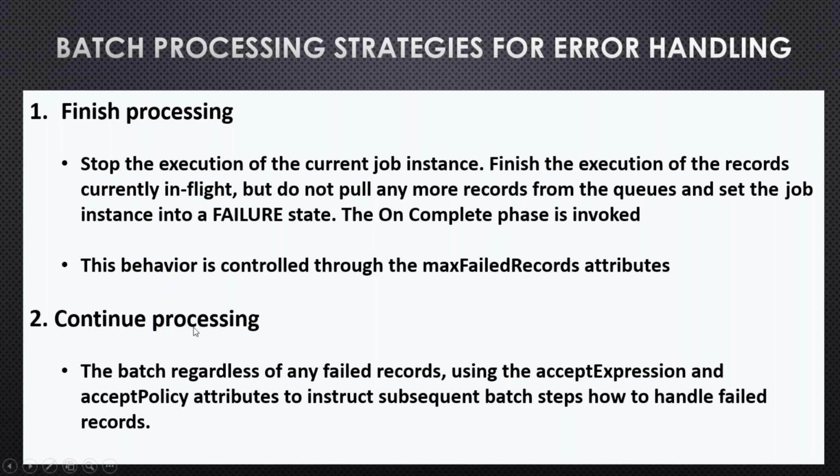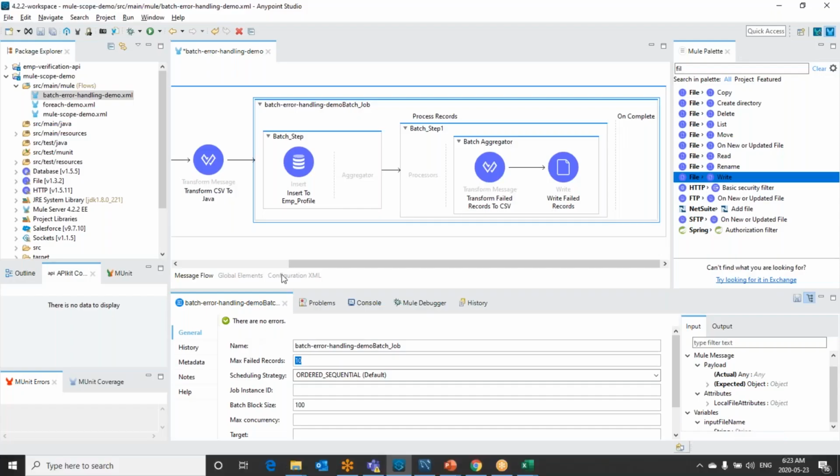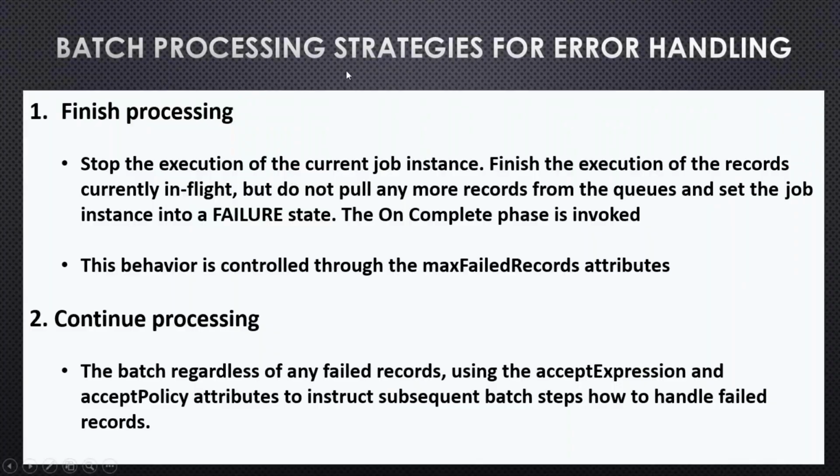In continue processing, regardless of any failures, you want to handle them in the next batch step, so we can continue the execution. Even though 30,000 errors occur, 70,000 records will continue to execute and reach the target system. But for the remaining 30,000 records, if you would like to handle them through error handling using one more batch step, go for continue processing. To do that, we need to set -1. So these are the two things we should remember as strategies in error handling.